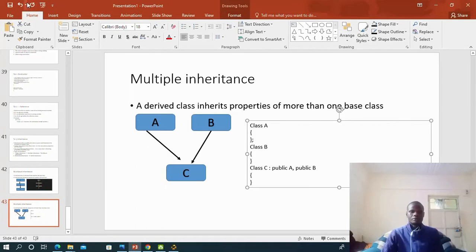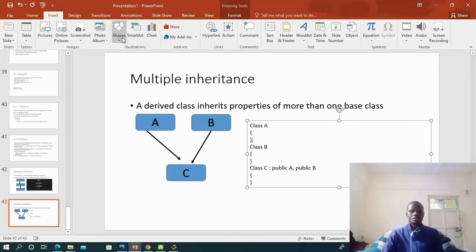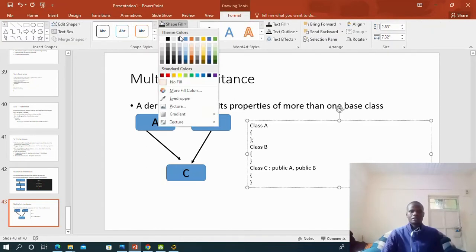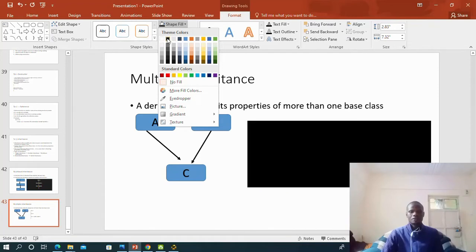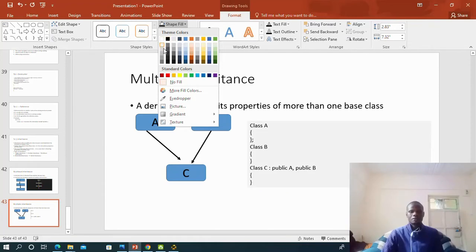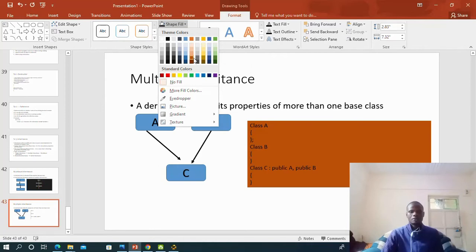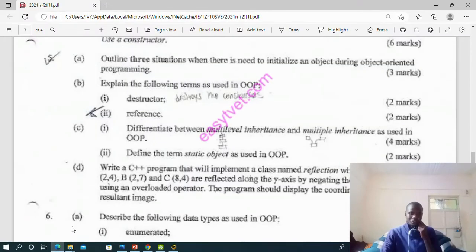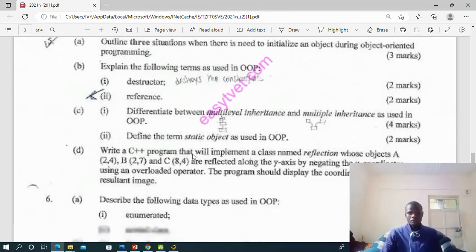Okay, let me put here shape fill. Format this text and blocks and fill it with some color. Okay, yeah. Okay, let us proceed to the next question. That was about multiple inheritance and multi-level inheritance. The next question says,